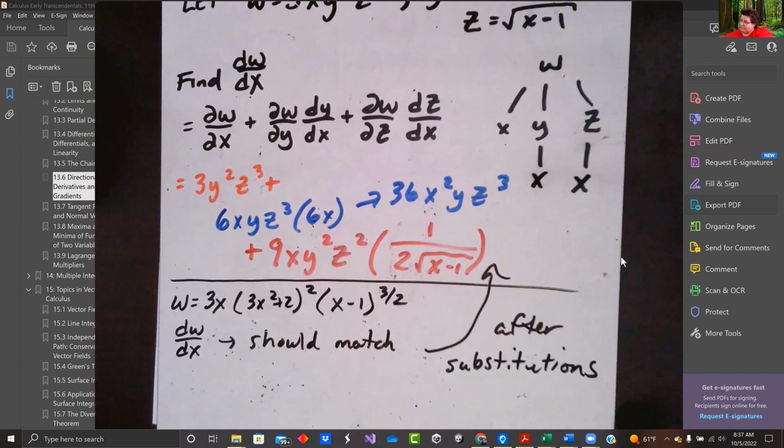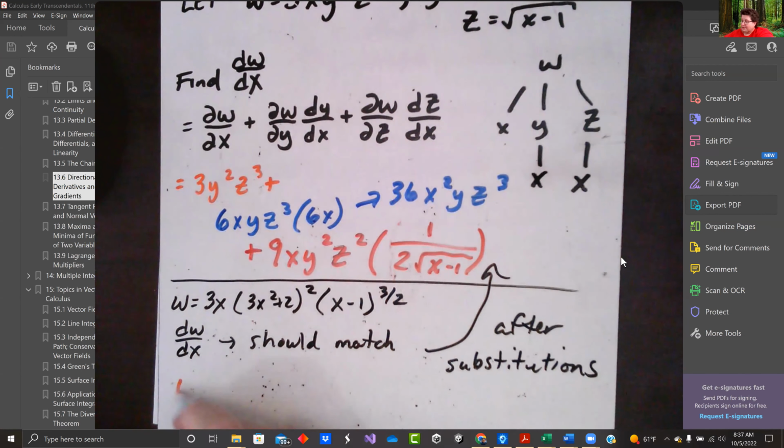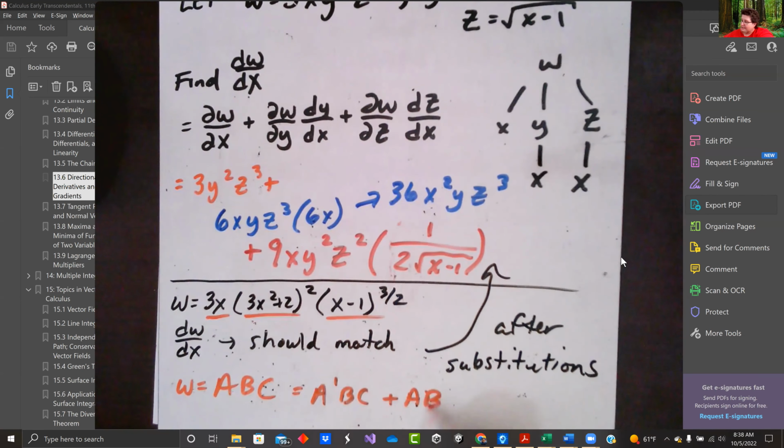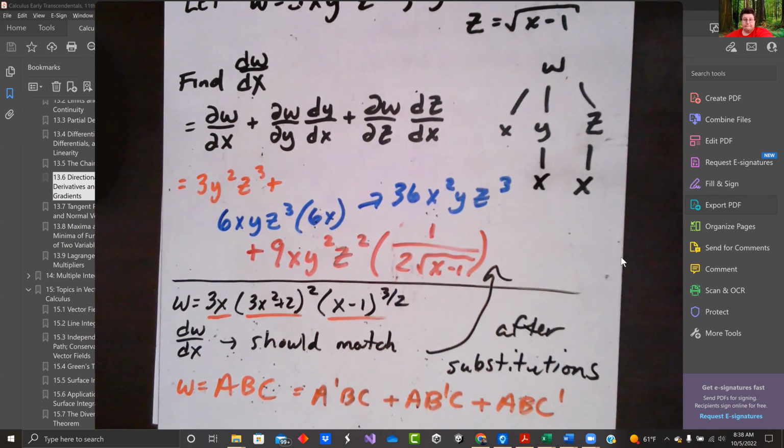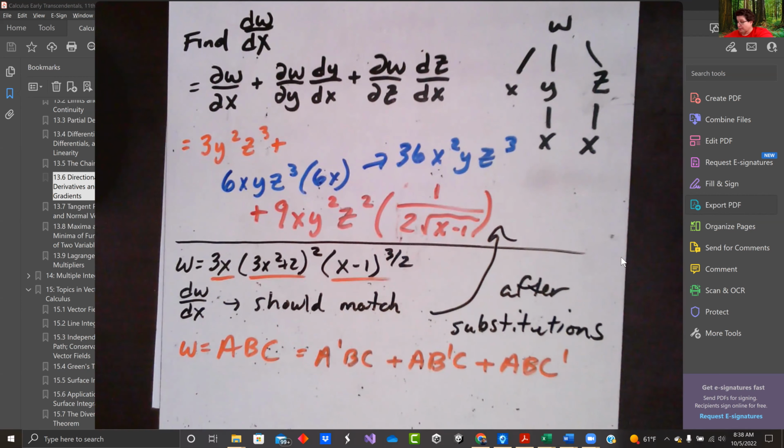Treat these as three functions. W equals A, B, C. A, B, and C, and I would do it that way. A prime B, C plus A, B prime C plus A, B, C prime. That's how I would do it, but